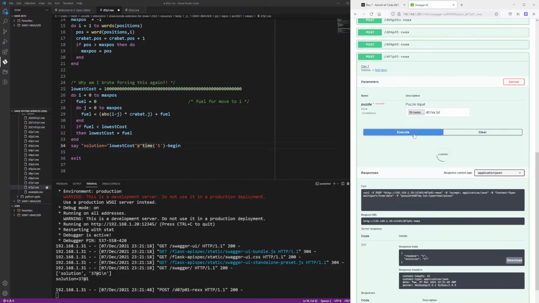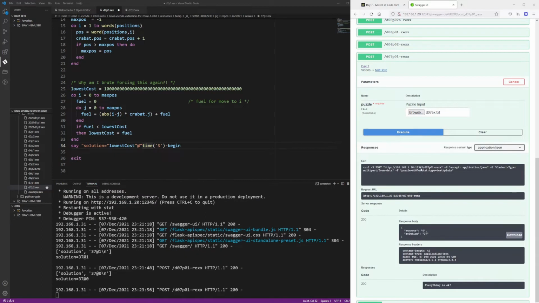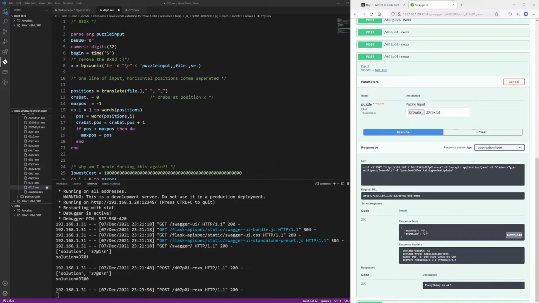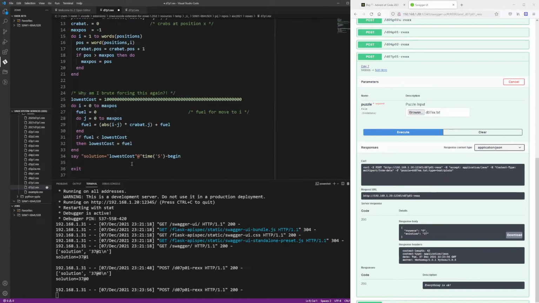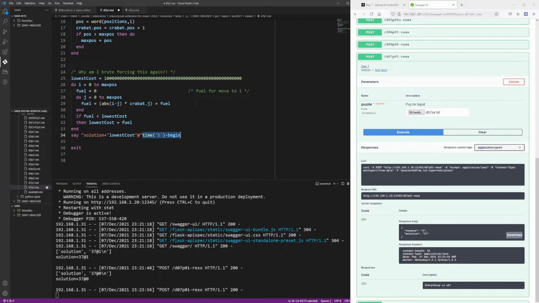Right? Sometimes I think it even runs in 0 seconds. Yeah, this one runs in 0 seconds. That's cool. So it's a rough time that we just measure by the REXX function time in seconds. So we're just subtracting these two time values, and then we have a rough estimate on how long it ran for. But when we run this with our real input,